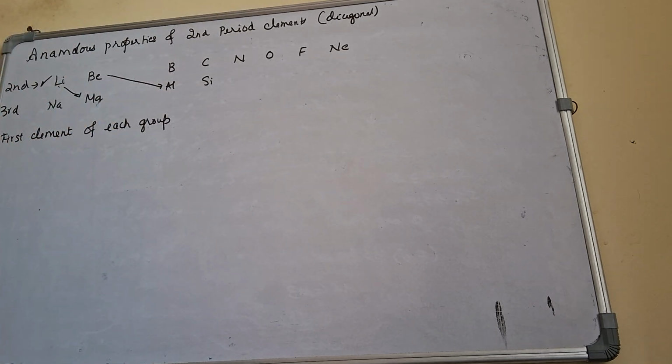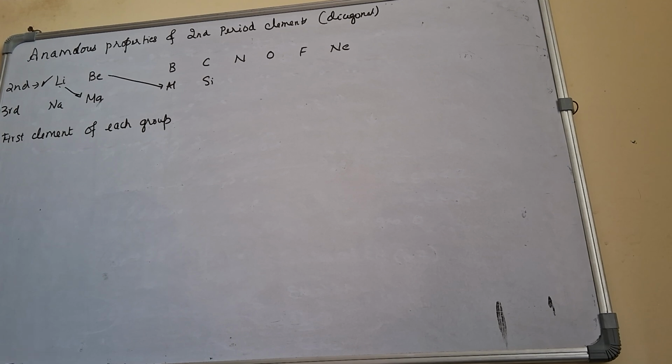Lithium, instead of behaving like sodium, will behave more like magnesium. I'll tell you the reason why also. Beryllium behaves more like aluminium, instead of behaving like magnesium. Now, let us see. The reason is, if you think about beryllium, now all the second group and first